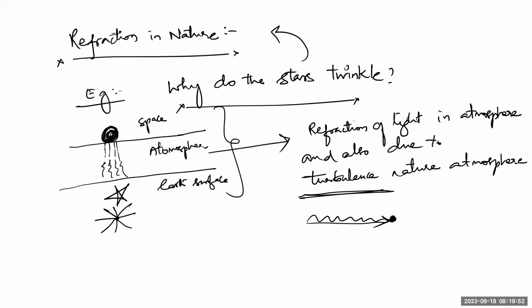Because of that refraction only, the star twinkles. The twinkling of the star is mainly because of the refraction. So we can say that the twinkling effect of the star is due to atmospheric refraction. The star is going to twinkle only because of atmospheric refraction. From this we can also say that the starlight undergoes